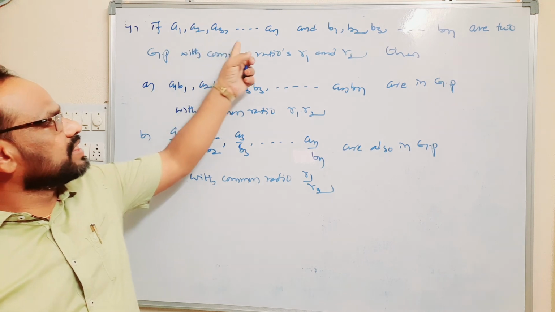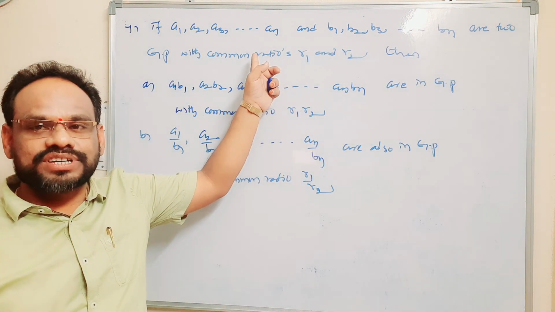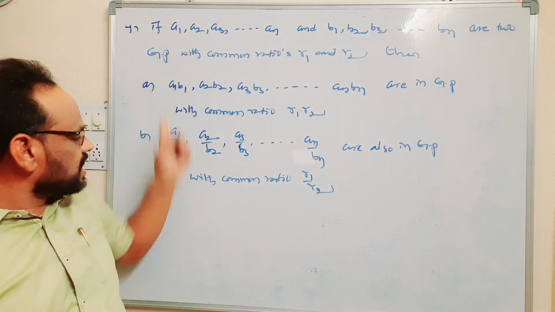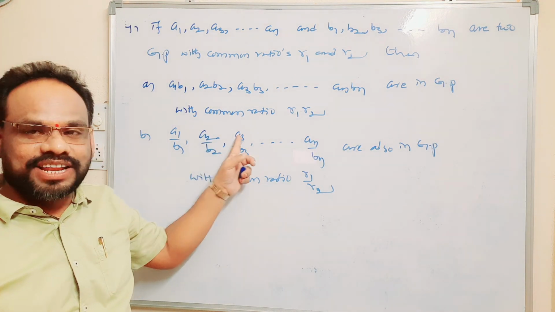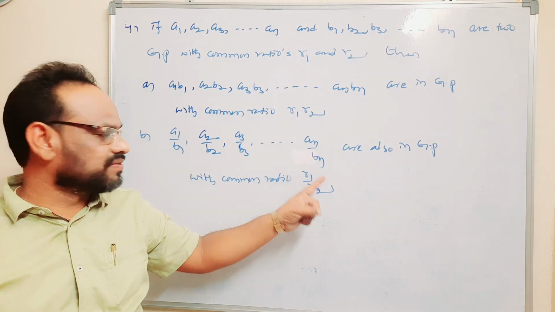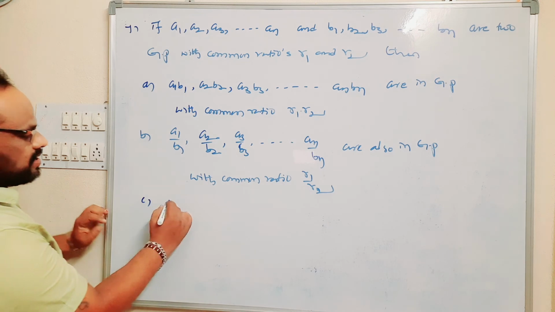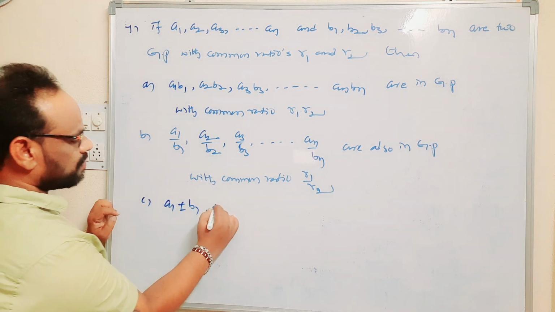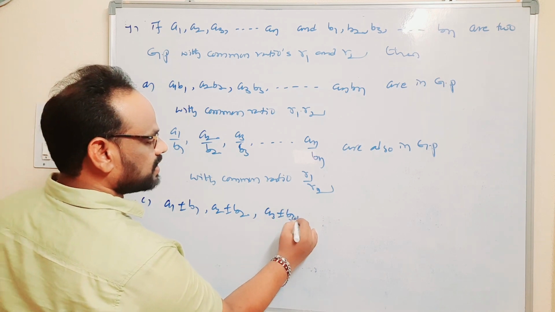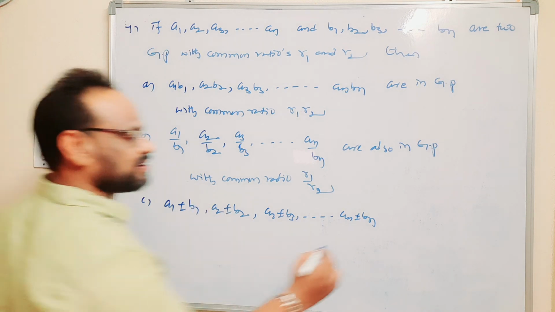If A1, A2, A3 and so on, AN and B1, B2, B3 and so on, BN are two geometric progressions with common ratios R1 and R2, then the division of each term, that means A1 by B1, A2 by B2, A3 by B3 and so on, AN by BN are also in geometric progression with common ratio R1 by R2. But A1 plus or minus B1, A2 plus or minus B2, A3 plus or minus B3 and so on, AN plus or minus BN are not at all in